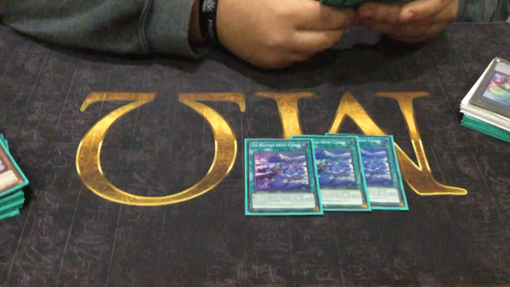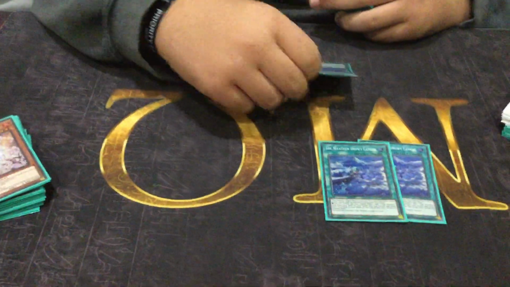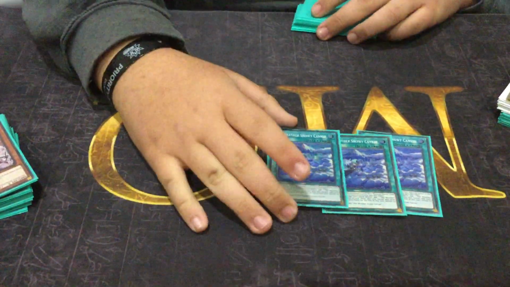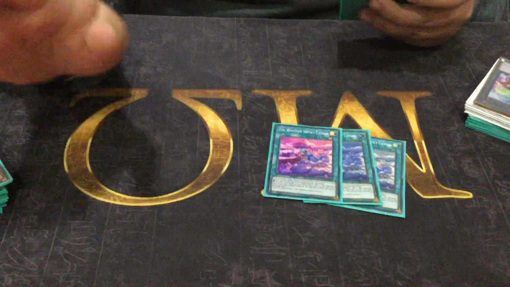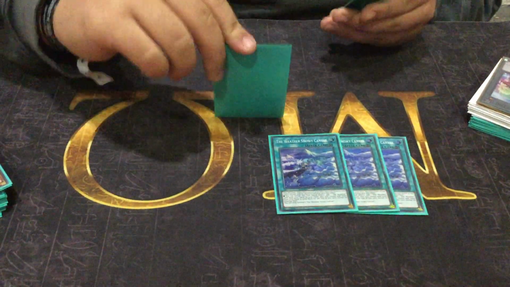And they all banish as costs, so you dodge hand traps, right? Yeah. Veiler, Impound, like this, and if you have this and you Normal Summon Snow, you dodge every hand trap. There's nothing they can drop on you. And this deck cannot get Nibiru unless you're really far, you're deep, but